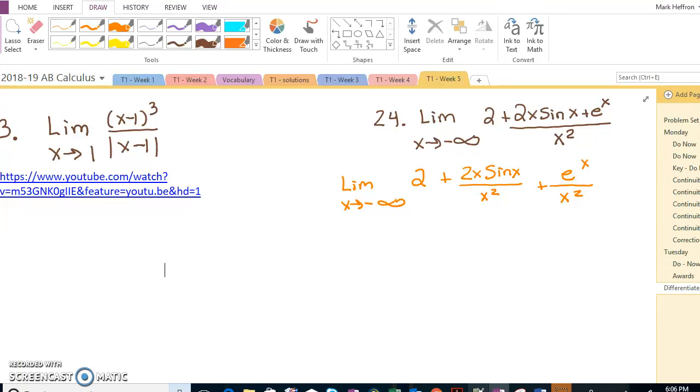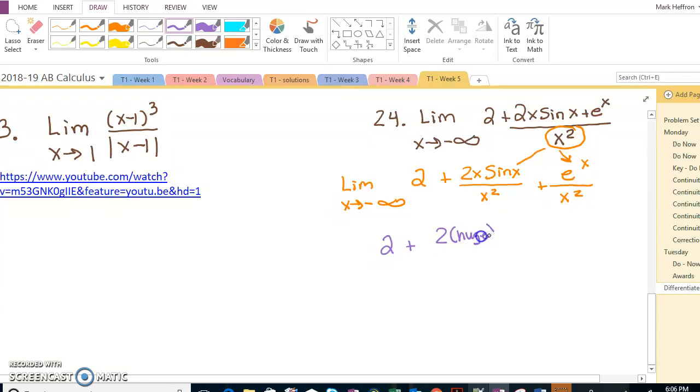For problem number 24, I have taken the liberty, since we had a common denominator, of splitting it out into two separate fractions. That's nice because now I can look at this as 2 plus 2 times huge times sine of huge, all over huge squared, plus e, and all these huges are negative,